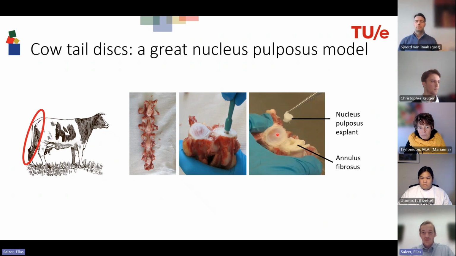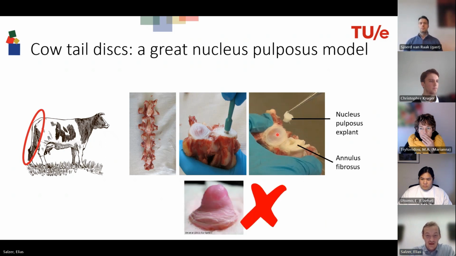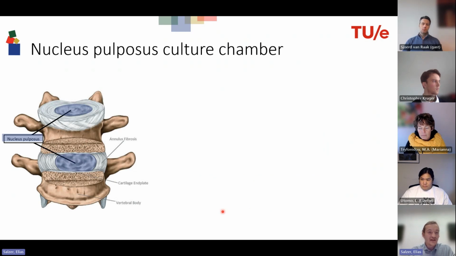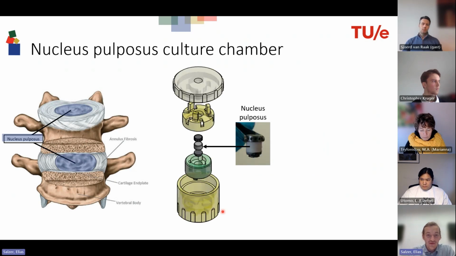And why do we only take the nucleus pulposus and not the whole disc? Well, the nucleus pulposus is actually where disc degeneration is believed to start and where regenerative therapies are focused. So we can take one part of the disc and mimic a bigger situation, namely the degenerating intervertebral disc. And what happens if we take this nucleus pulposus and place it in a medium with a lot of nutrients? Well, it swells. Due to these proteoglycans that act like diapers, it will swell a lot, and actually the tissue will be destroyed over time. So we had to come up with a solution in the first place, where we developed a culture